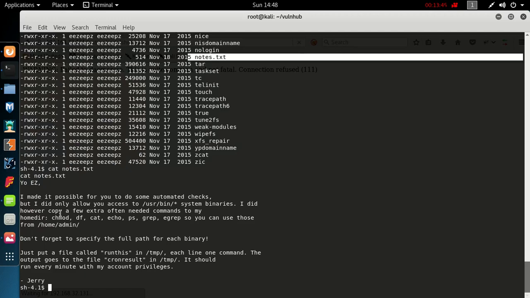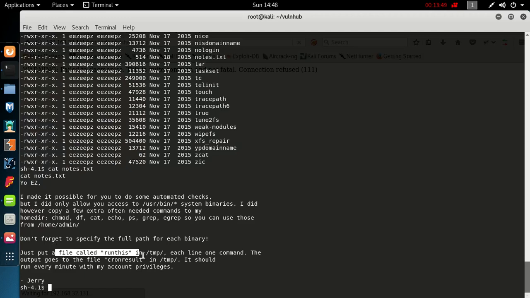Don't forget to specify the full path for each binary. Just put a file called this in temp, each line one command. The output goes to file cron result in temp. It should run every minute with my account privileges. Perfect. So this guy has left a very sweet loophole over here, which we will exploit